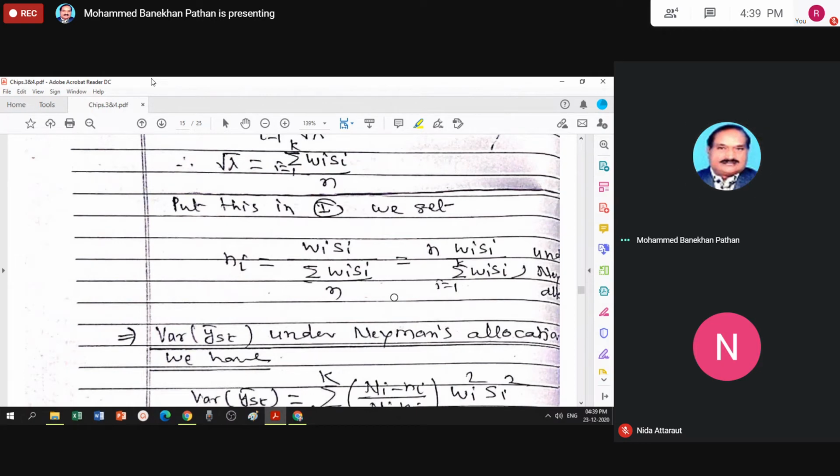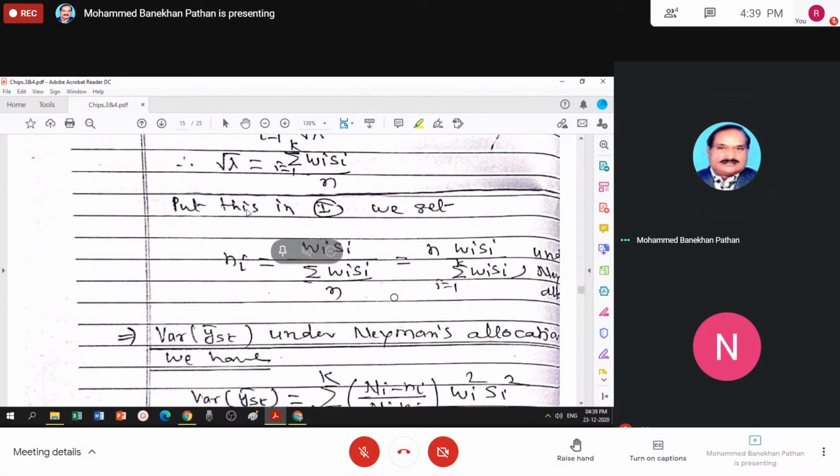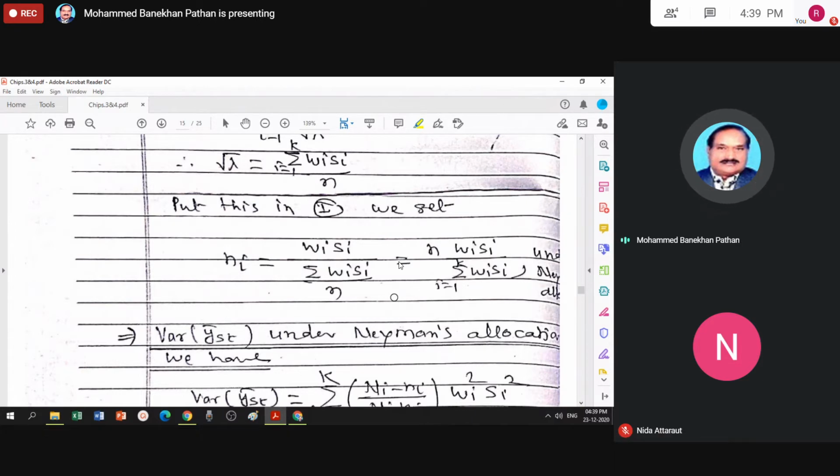Neyman's allocation. That means how to decide sample size from particular strata by using Neyman's allocation. We have the formula: small ni equals small n, that is the total sample size,